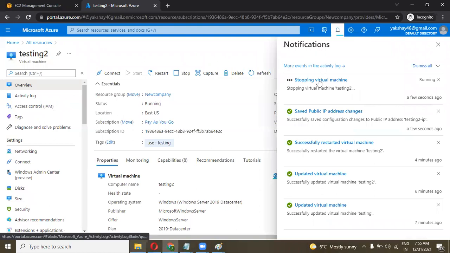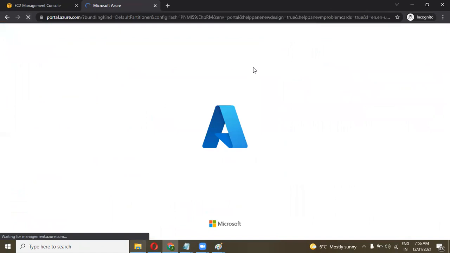So let's go into the notification and see whether the machine is stopping or not. Yeah, machine is successfully stopped, and let's refresh this.